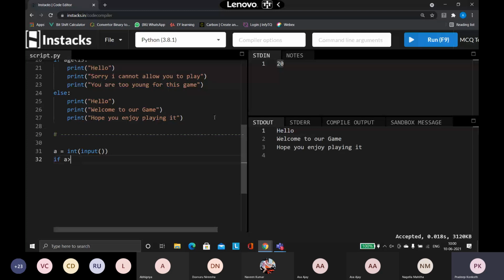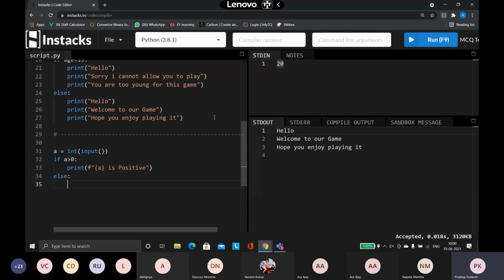If a is greater than 0, then say print the number is positive. Or you want to mention the number also. Say for example, we'll follow the f-string method here. So I am going to give a is positive.